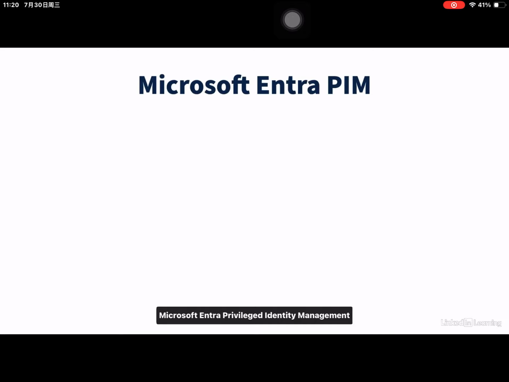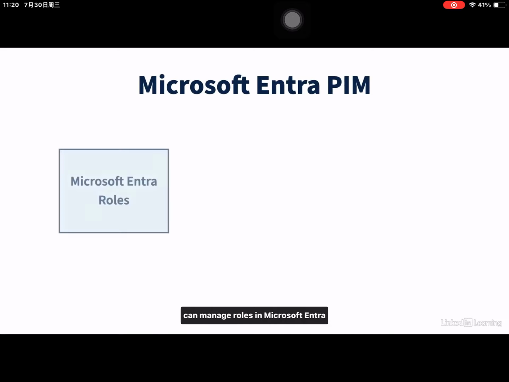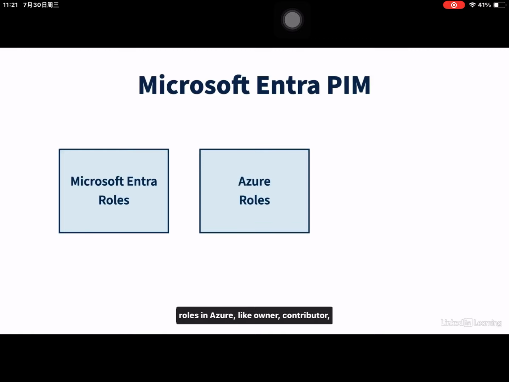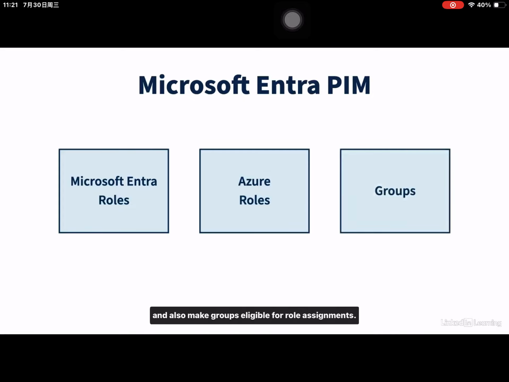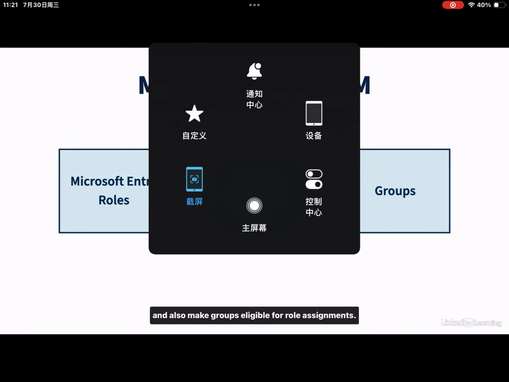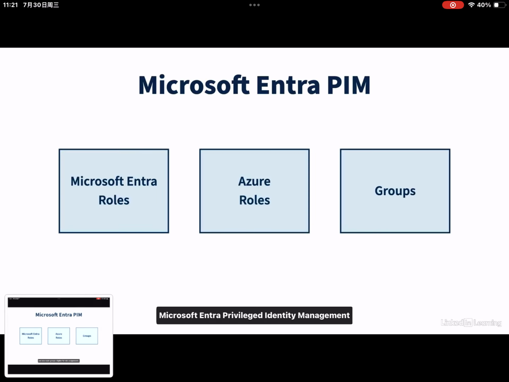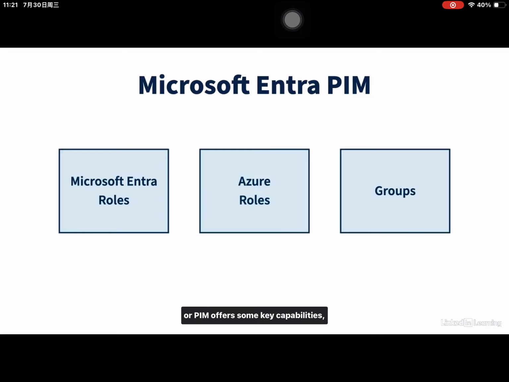Microsoft Entra Privileged Identity Management can manage roles in Microsoft Entra like a global administrator, user administrator, or billing administrator. Roles in Azure like owner, contributor, and user access administrator. And also make groups eligible for role assignments. Microsoft Entra Privileged Identity Management, or PIM, offers some key capabilities, such as